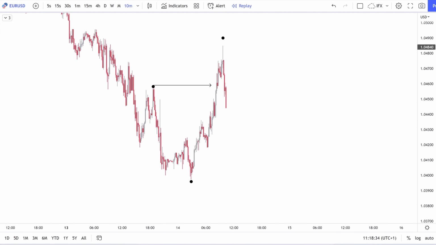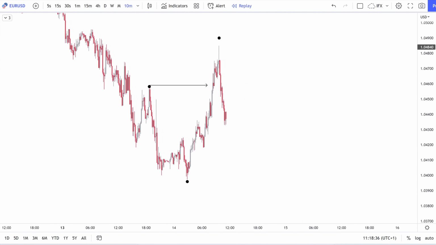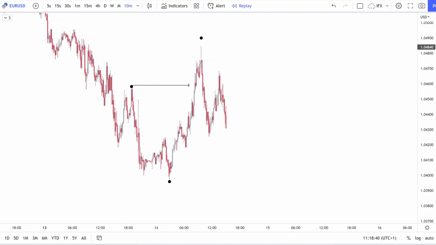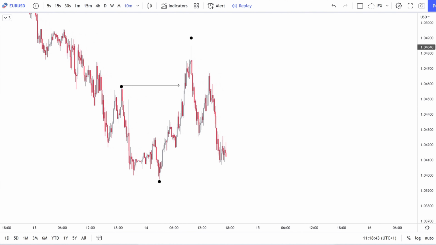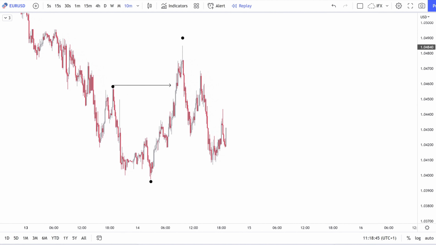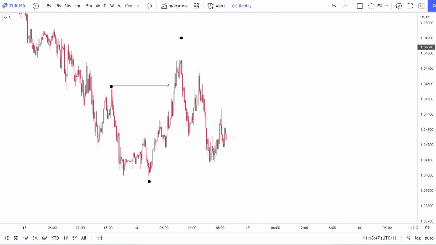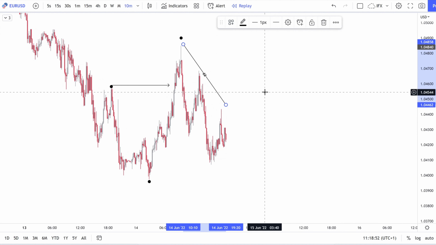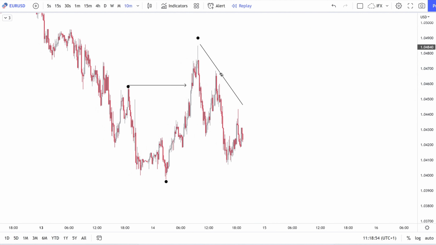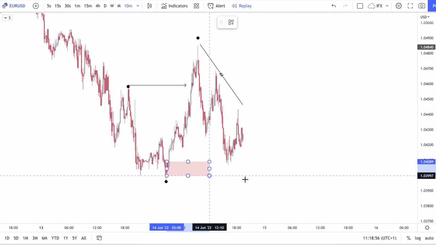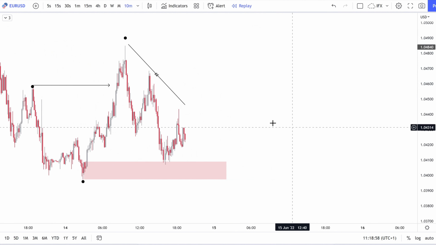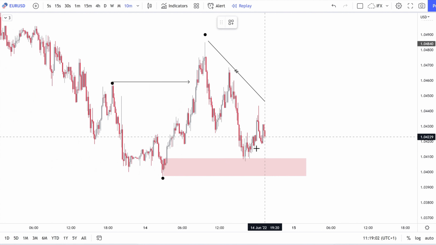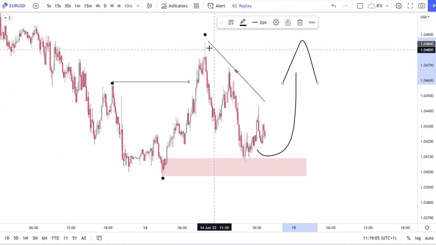Now if I just play price out, initially we sort of had that impulse, then just adapting to price, we can clearly see that corrective nature coming back in. So clearly at this point, we've now built sufficient liquidity here. Clear liquidity, clear cause to target. Now price comes into some sort of extreme here, it doesn't really matter, I'm not speaking about POI selection here. We've come into something in here and we've got clear cause to target,